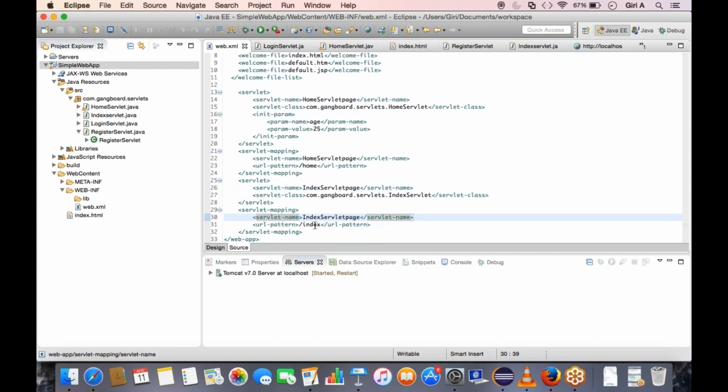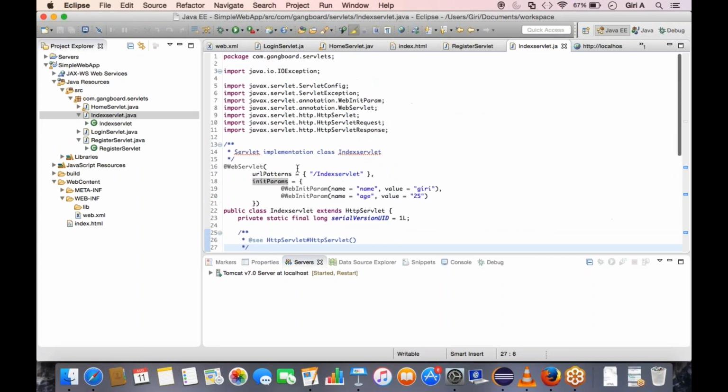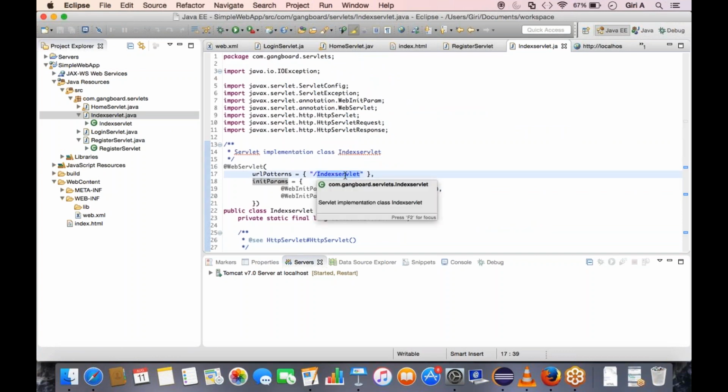So now whenever I give index, it should go to the index servlet. What I will do, I'll take this one. So what I was trying to do is